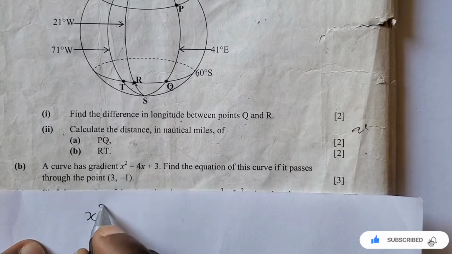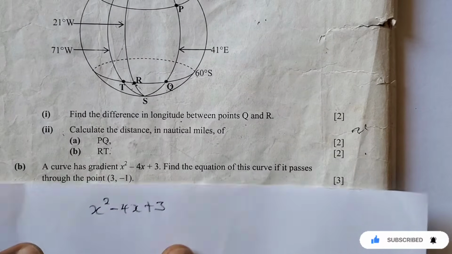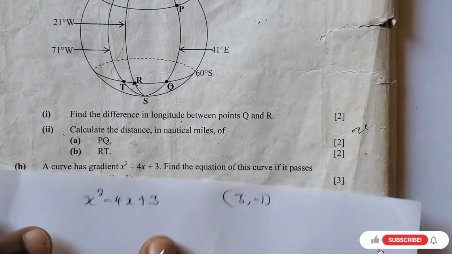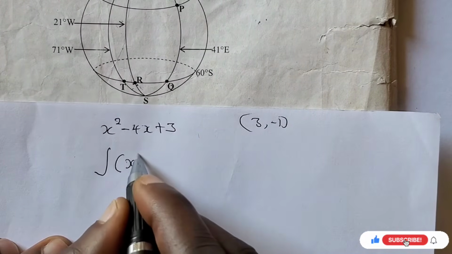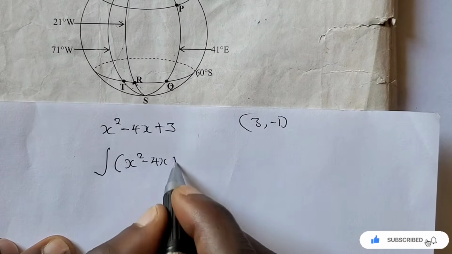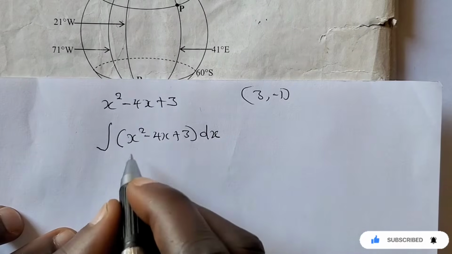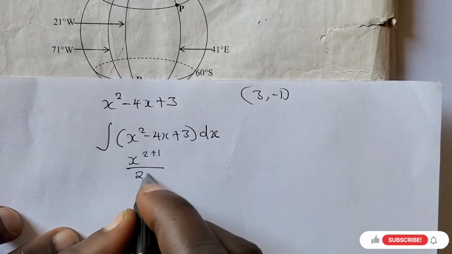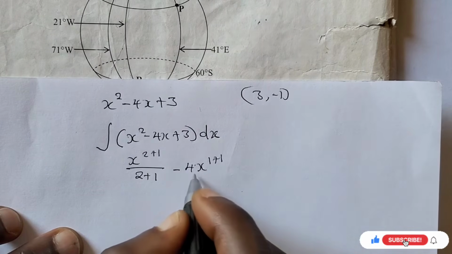So this is x squared minus 4x plus 3. So what are the points? (3, -1). Okay, so integrating this, we're going to say like this: the integral of x squared minus 4x plus 3 dx. So integrating this will be x to the power 2 plus 1 over 2 plus 1, minus 4x to the power 1 plus 1 over 1 plus 1,